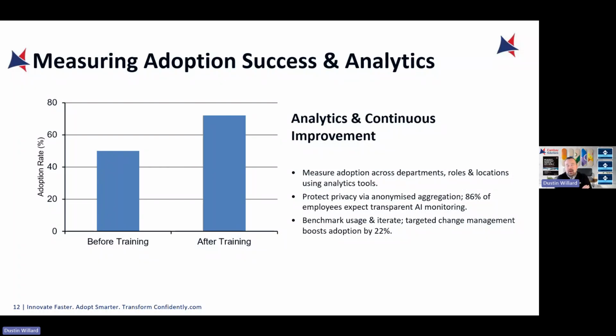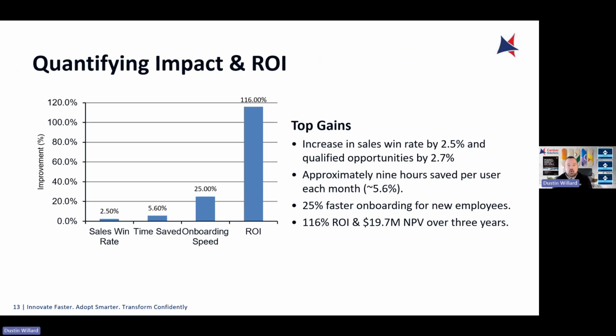So for example, a lot of times the sales organization is one of the first ones I do for most organizations, and being able to see their opportunities or leads go up at a measurable pace by looking at CRM, and then looking at the Copilot dashboard to ensure that people are actually using it. We're able to define and figure out what ROI looks like and ultimately help the organization achieve greater results. So constantly measuring and getting feedback from people in the organization is critical to maximizing the value and meeting all of the users' needs. So, quantifying impact and ROI.